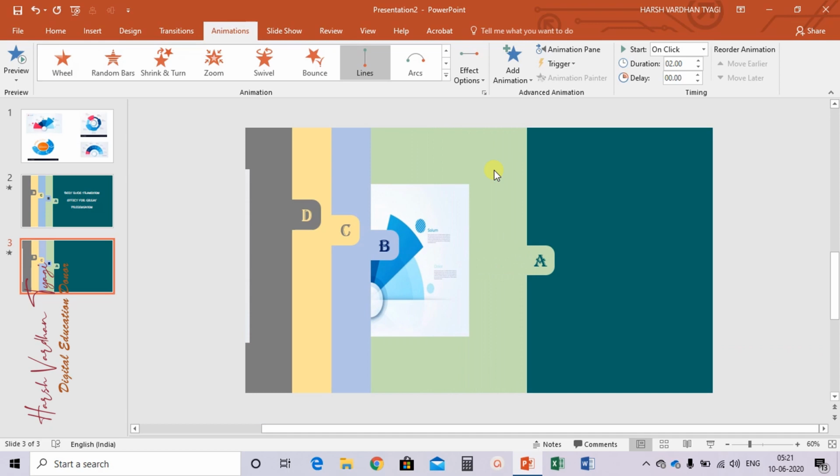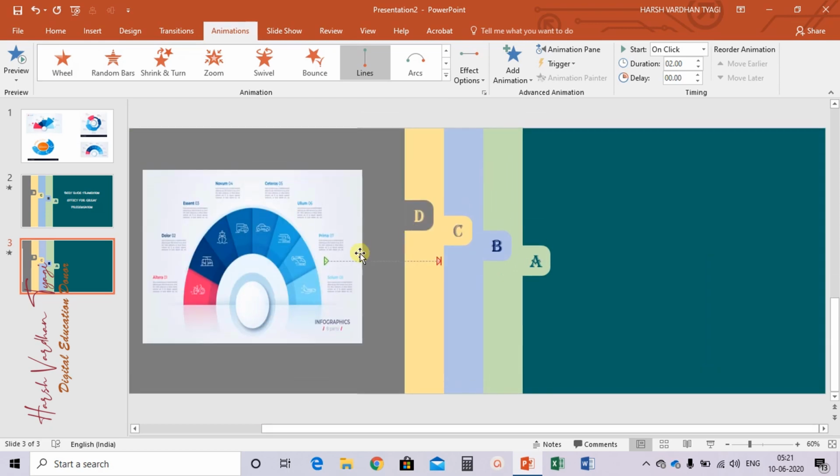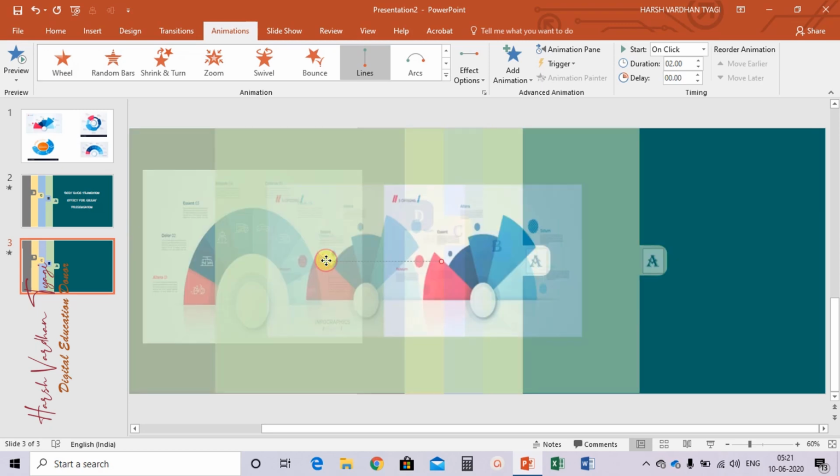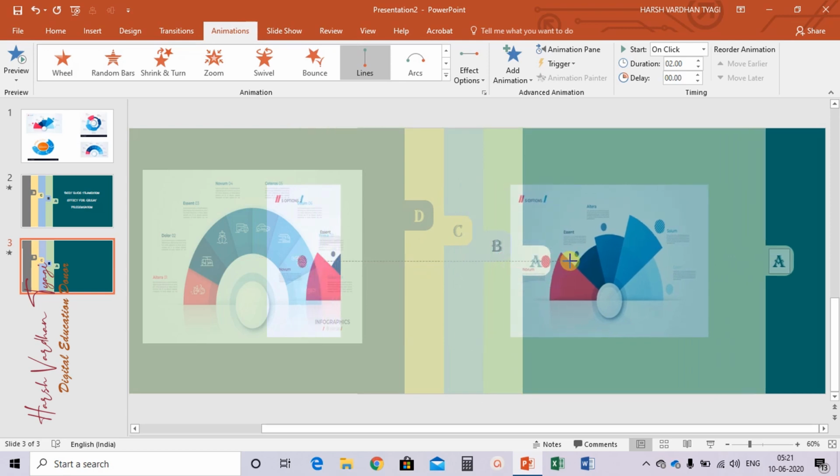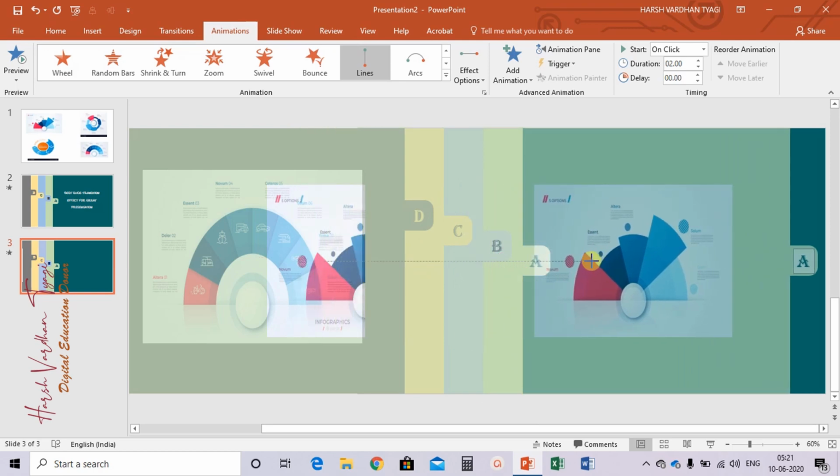Once it is done, click on this line and then drag it to the right side. This much. Make it 1.25 duration.